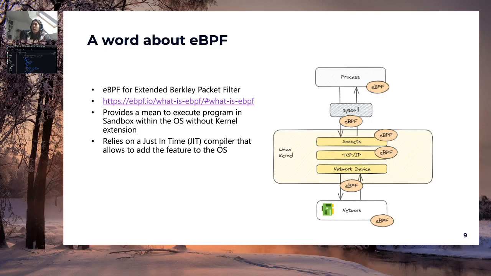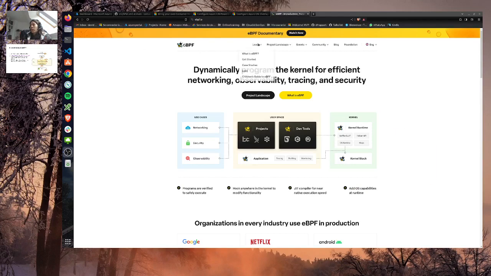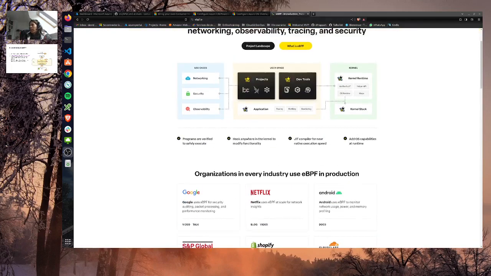We can find some documentation for that at ebpf.io. And if we have a look at that, it's over there. So we have ebpf.io, and what is eBPF in the documentation.